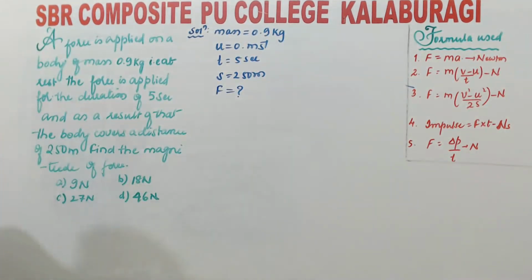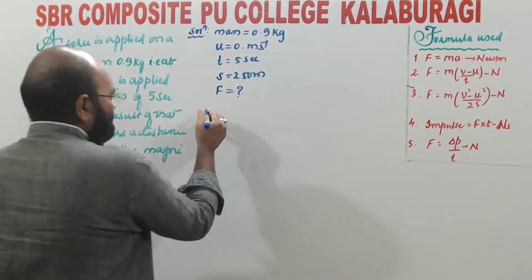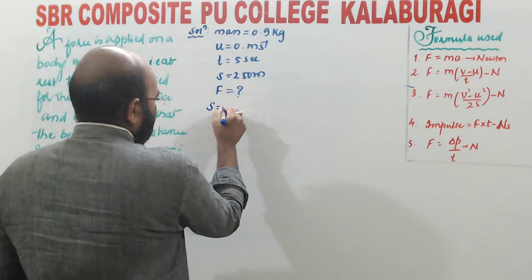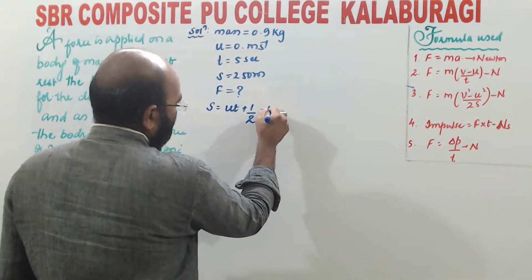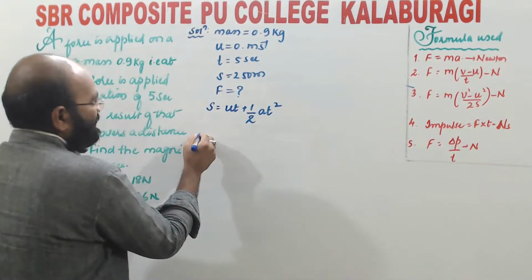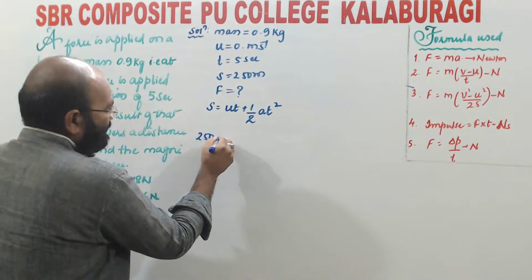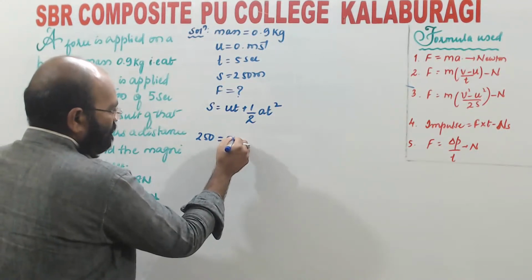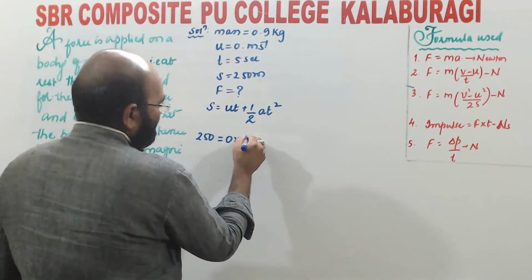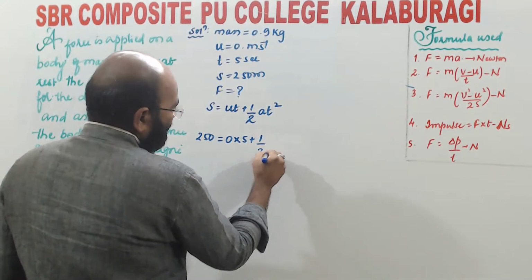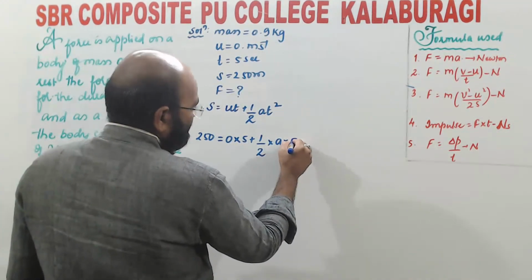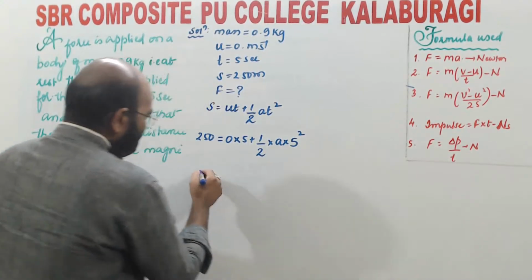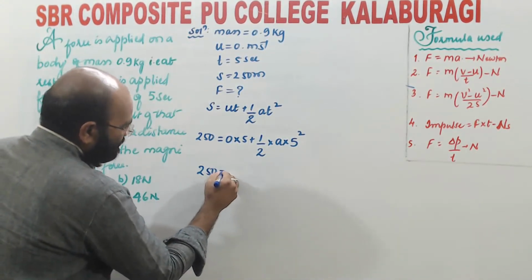Then how do we calculate the acceleration? Here we know the equations of motion: distance s is equal to ut plus half a t square. Then s is 250 is equal to initial velocity 0 into time 5 seconds plus 1 by 2 into acceleration a into time 5 seconds, so 5 square. Then 250 is equal to 0 into